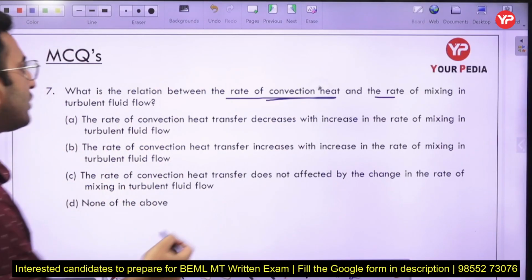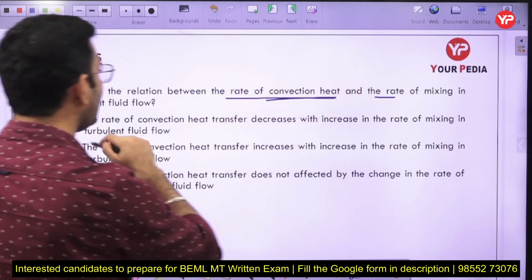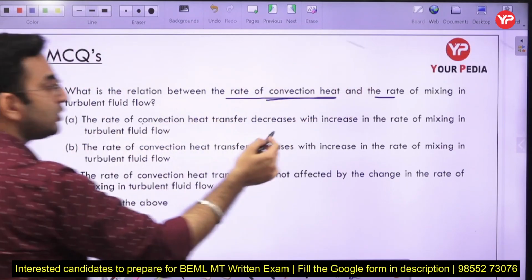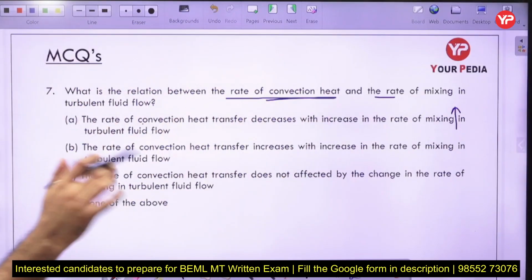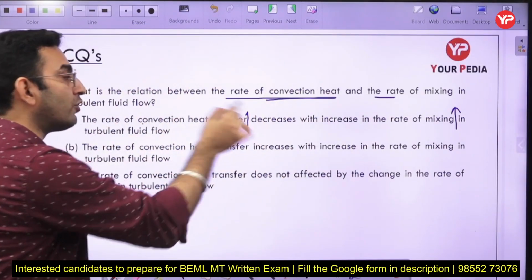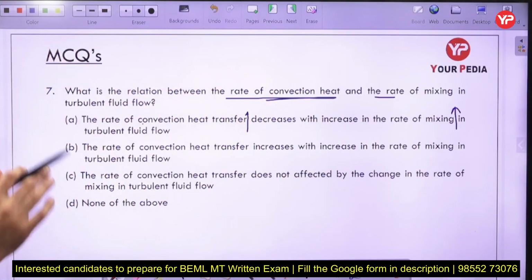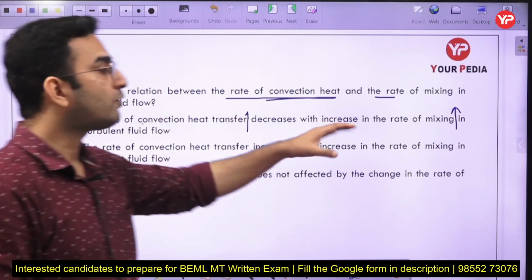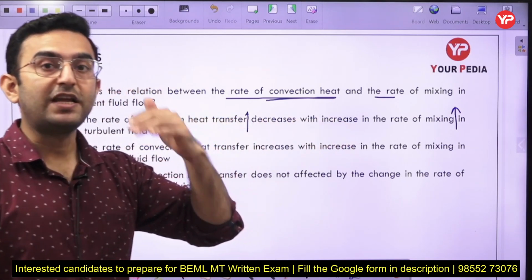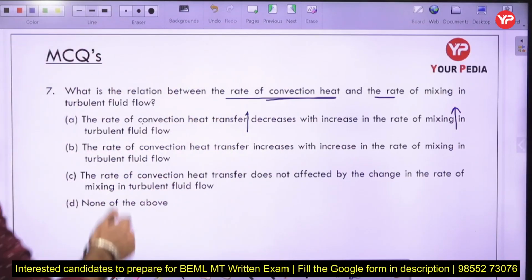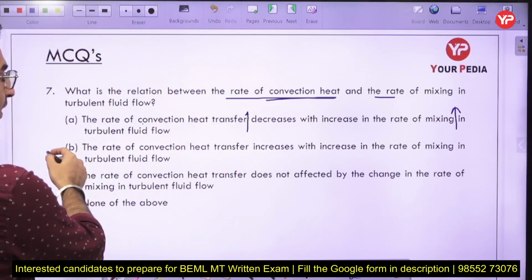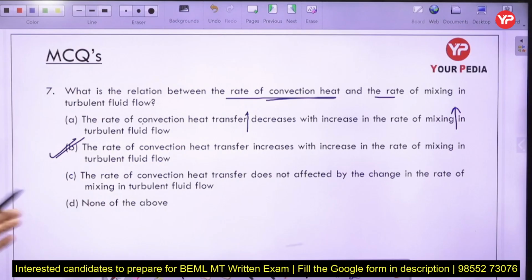And in this case, if you observe very carefully, as you are increasing the rate of mixing here, at that point of time the heat transfer coefficient is also going to increase, it is not going to decrease. Why? Because the mixing is going to induce, or basically increase, the thermal diffusion rate among the fluid layers here. So correspondingly option number B is going to be the correct answer in this case. Okay, so that you have to remember. Now coming back to the next part,